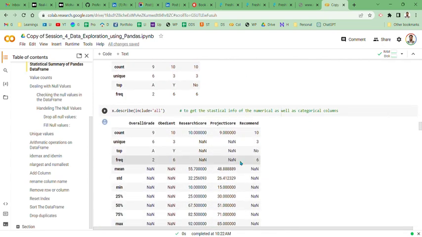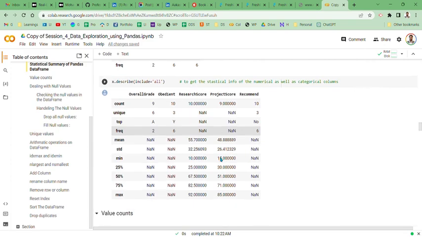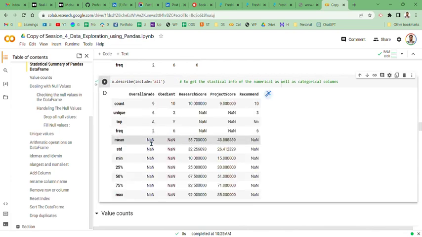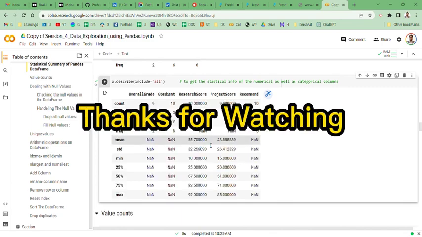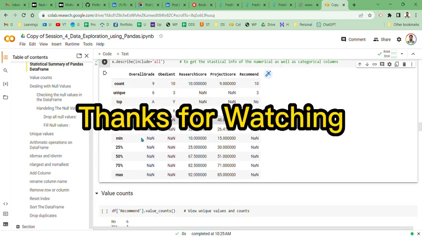So we do all these steps, and if we want to run the code to get all the information, irrespective of whether it is a categorical or a numerical, we can just write include equal to all. Some will be irrelevant, like NaN, but it is understandable. Count will be there for everything, mean will be there for the numerical values, and unique, frequency, top will be for the categorical variables. So now